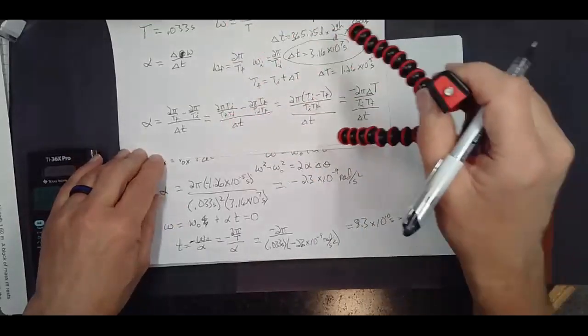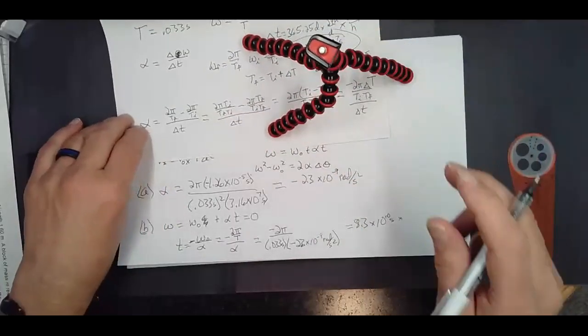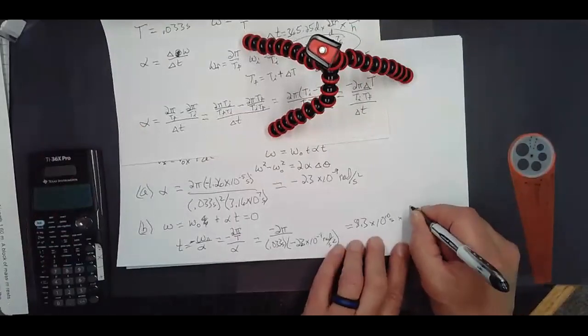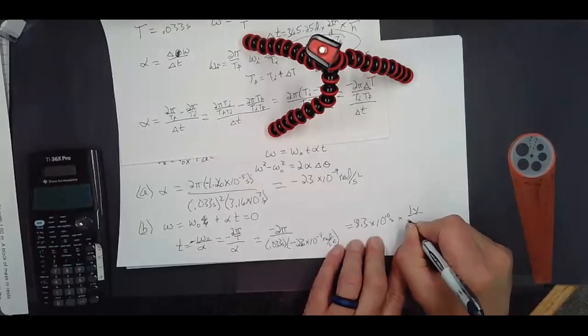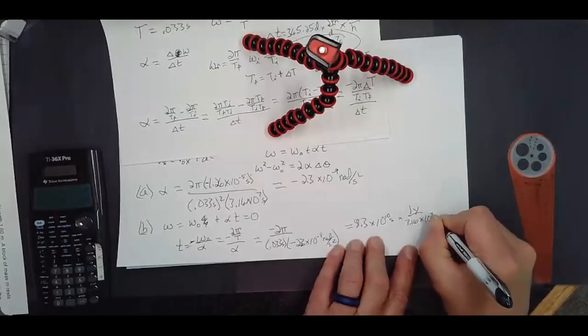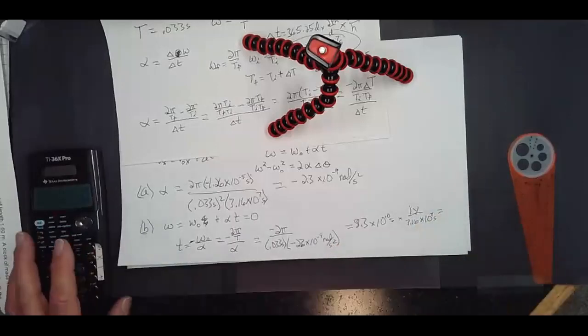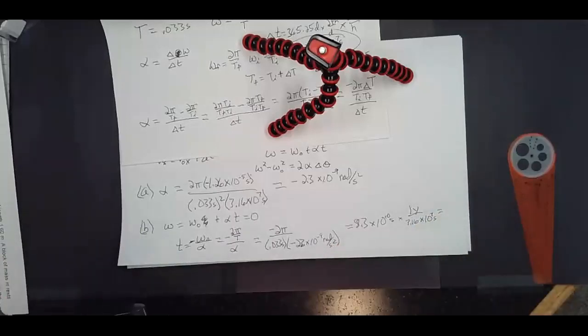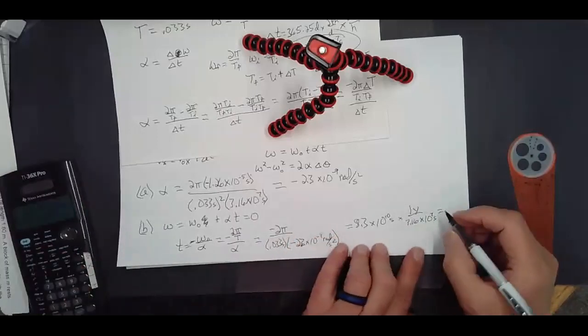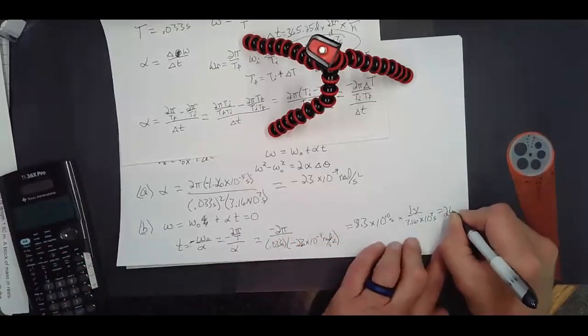That seems too short. I may have to work through this again because I'm not positive that's right. If I multiply that by 1 year over 3.16 times 10 to the 7th seconds, I only get about 2,620 years,